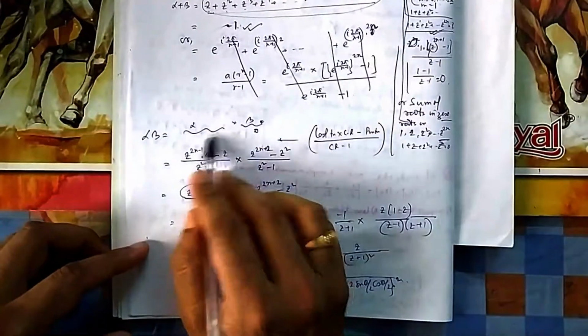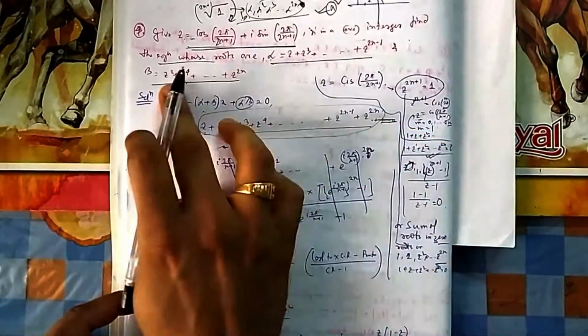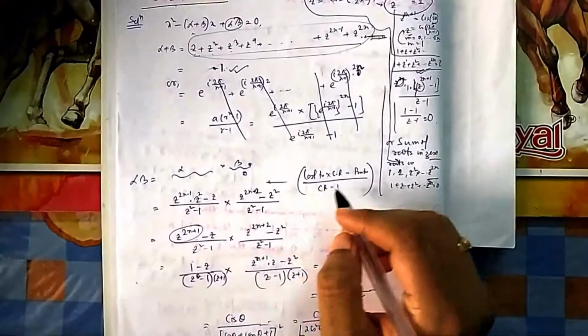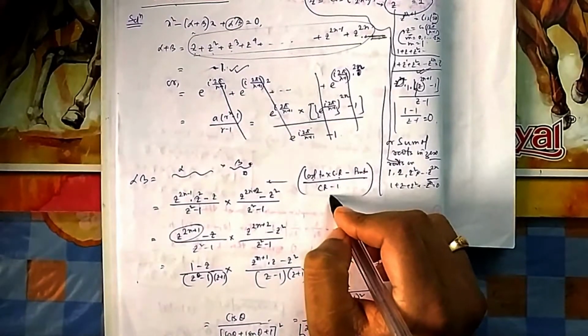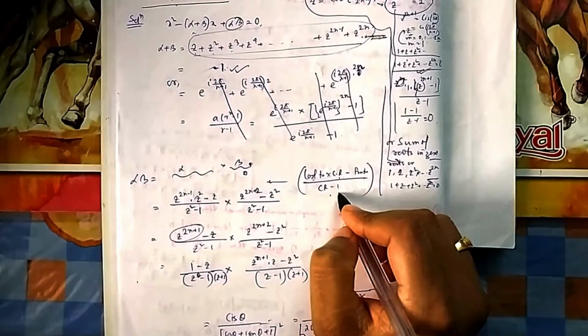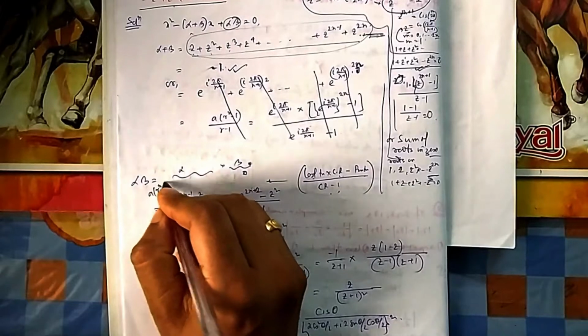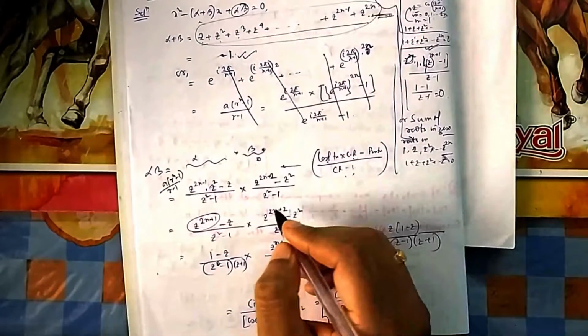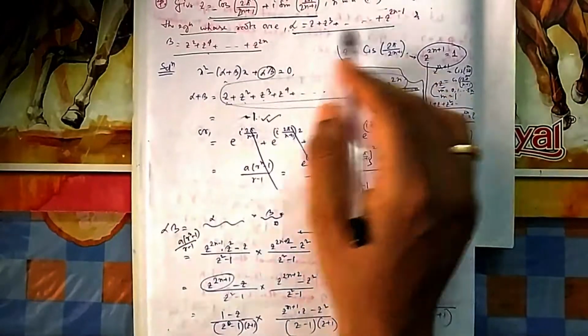So if you come to the product of these two, this is also a GP series, this is also a GP series. So I have applied here another formula: last term into common ratio minus first term, divided by CR minus 1. That also gives you the same GP formula. But you can apply this one anytime, A into R to the power n minus 1 divided by R minus 1. That will also give you the result. But I have used this one, last term into CR minus first term. If you know the last term and the first term, then it becomes easy.